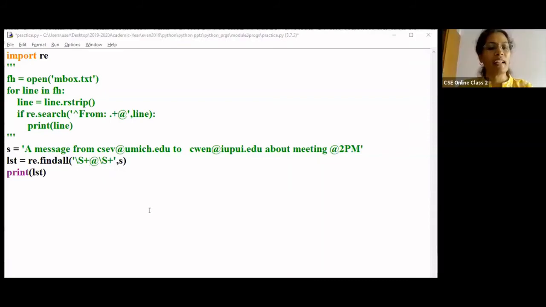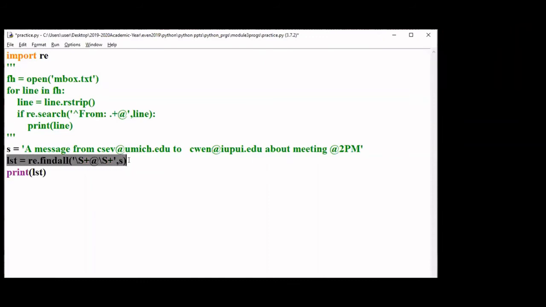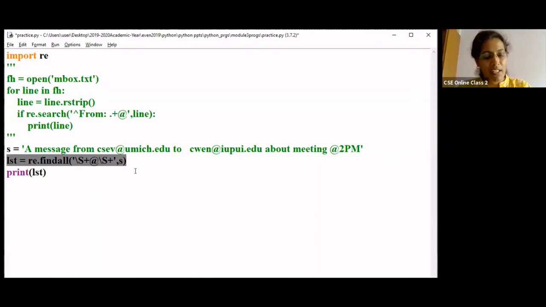Same thing here. You should write a program to read all the lines in a file mbox.txt and print out anything that looks like an email address. So what can I do? Same thing here. This particular thing, I will just copy.